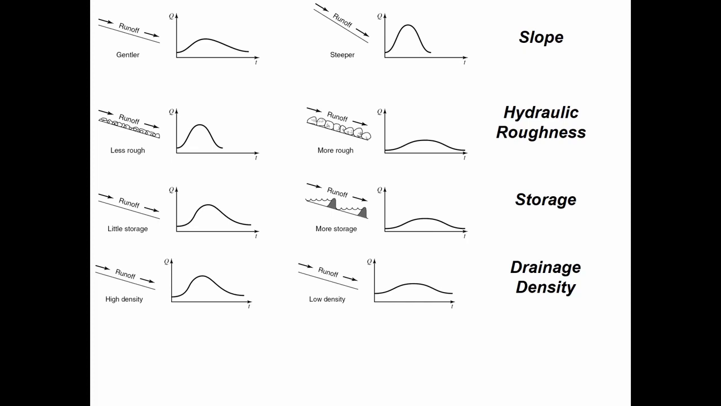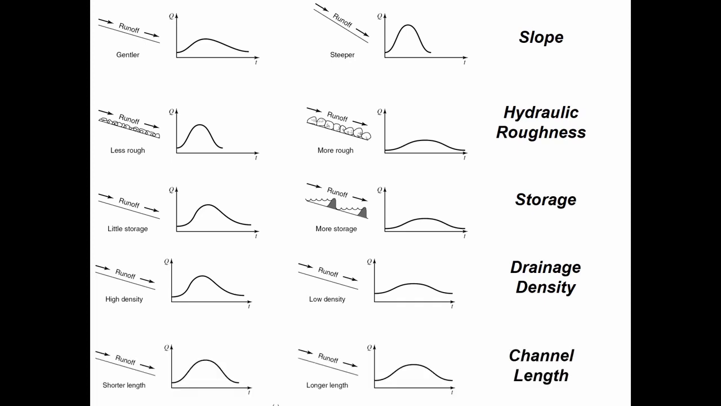But high density means we have lots of little tributaries that extend into the network, and so any particular raindrop is going to be able to jump into a channel more quickly than it otherwise would. So that's the relative effect. High density means higher peaks that arrive sooner, low drainage density, lower peaks that arrive more slowly. And finally, channel length. They haven't made this very obvious, but a shorter length channel, higher peak that arrives sooner, longer length channel,